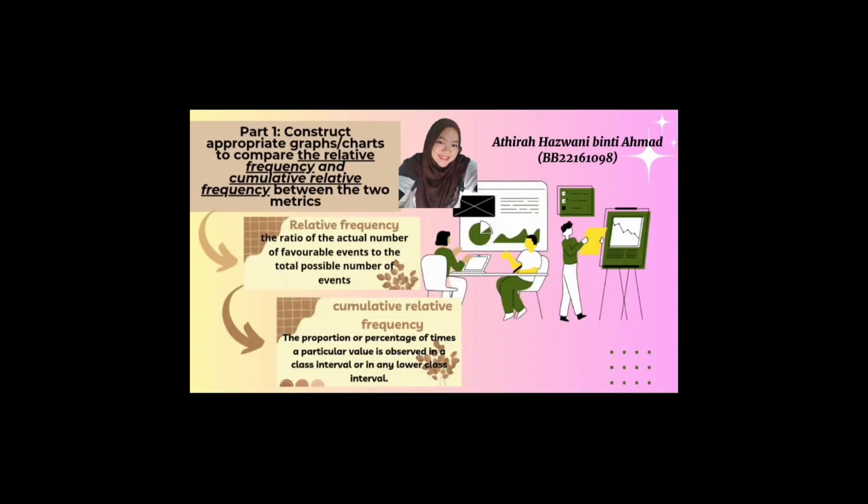Now I will start with my part 1. Construct appropriate graph charts to compare the relative frequency and cumulative relative frequency between the two metrics. Before that, I will tell the meaning of relative frequency. The ratio of the actual number of favorable events to the total possible number of events. Cumulative relative frequency is the proportion or percentage of times a particular value is observed in a class interval or in any